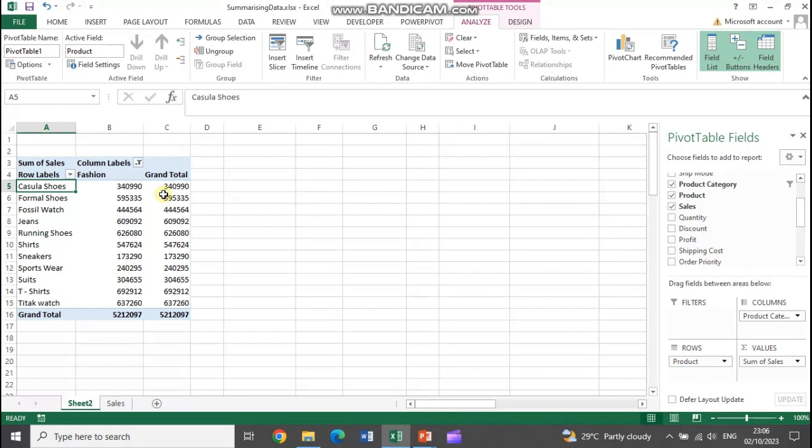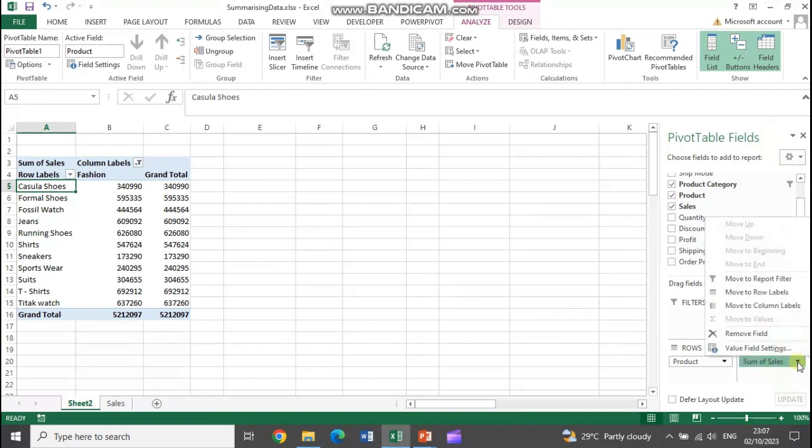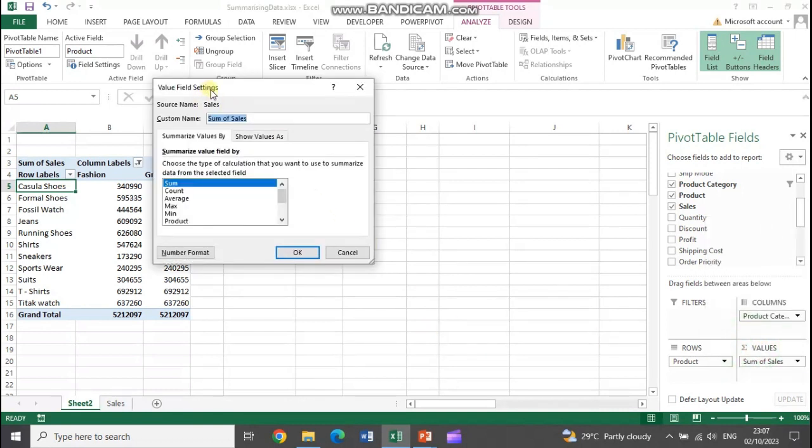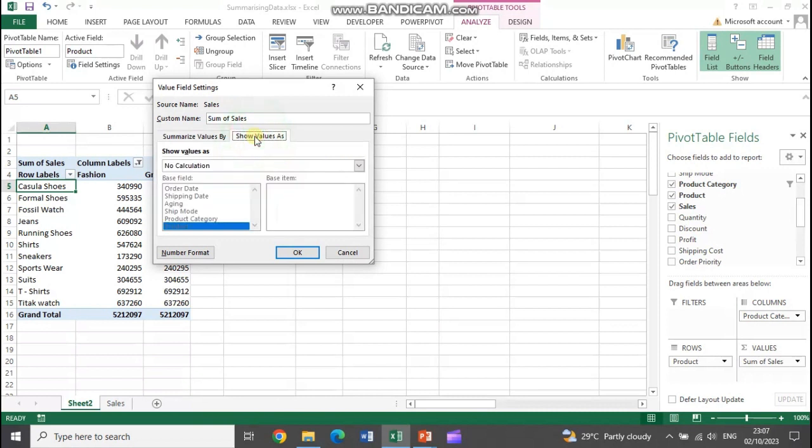Most of the times we don't want to see information as numbers. We prefer to see information as percentages, let's say, casual shoes is what percentage of the total of these products. So what we do is, we come into the pivot table field area on the right hand panel. In the values where we have done sum of sales, we'll click on the drop down here, open the dialog box called value field settings, and there is a tab called show values as. Currently it says no calculation, but we want percentage, so we can say percentage of grand total or percentage of